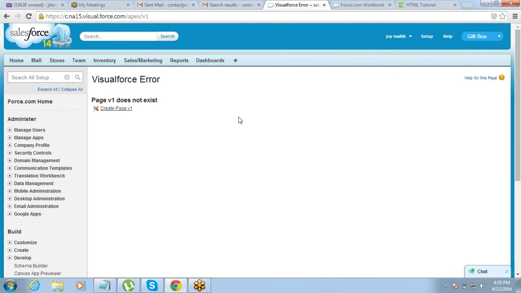Last time it just gave an error that it does not exist. But since we have enabled the development mode, it allows you to do the development on the run. So even if the page does not exist, since the development mode is on, it gives you an option to create the page.